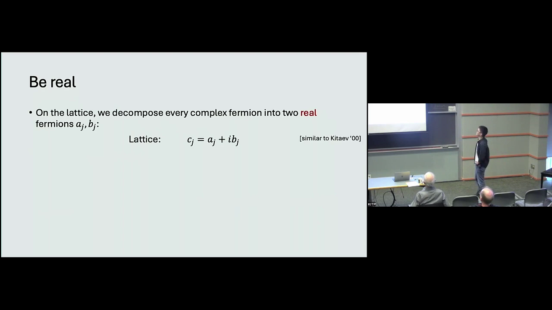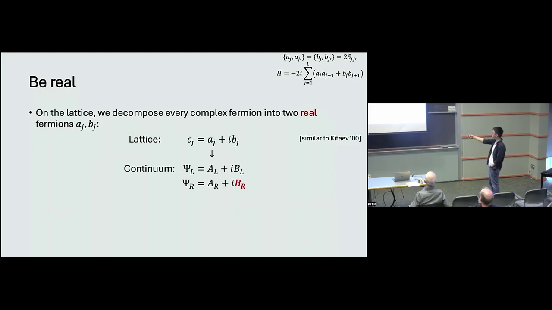This is highly inspired by Kitaev's seminal work for the Majorana chain. If you decompose the lattice complex fermions into a pair of real fermions, then the Hamiltonian factorizes into two decoupled Majorana fermions. In the continuum limit, this real lattice fermion A_j will go to a left-moving Majorana Weyl fermion A_left and a right-moving Majorana fermion A_right. Similarly, the real B fermions go to a pair of left-moving and right-moving fermions. It's important that a single real fermion gives you a pair of left-moving and right-moving fermions because of the fermion doubling